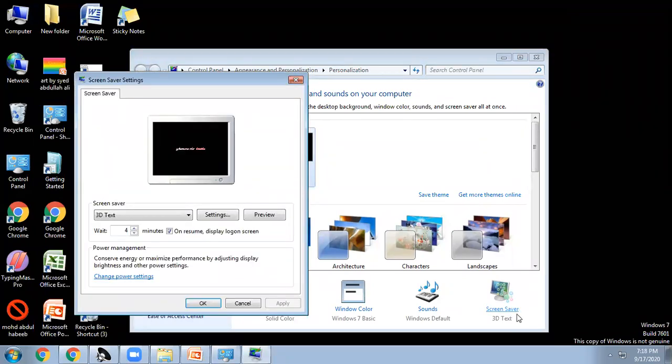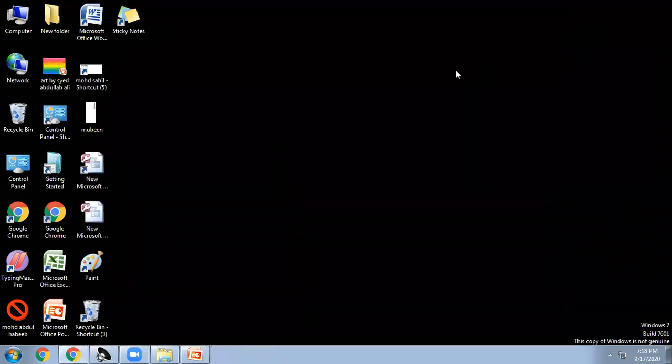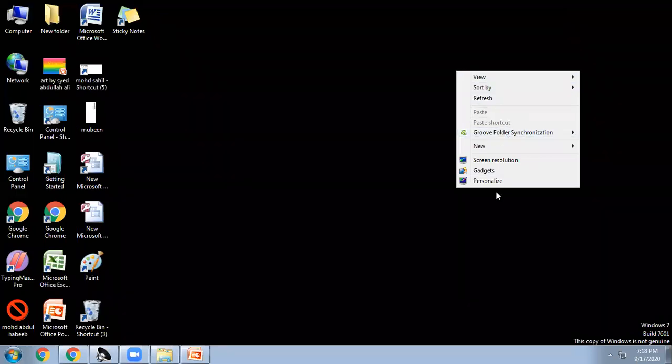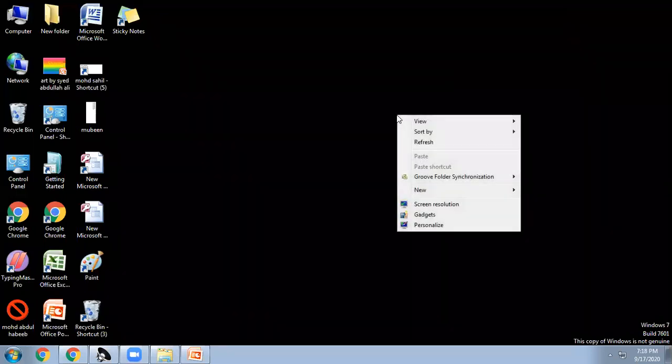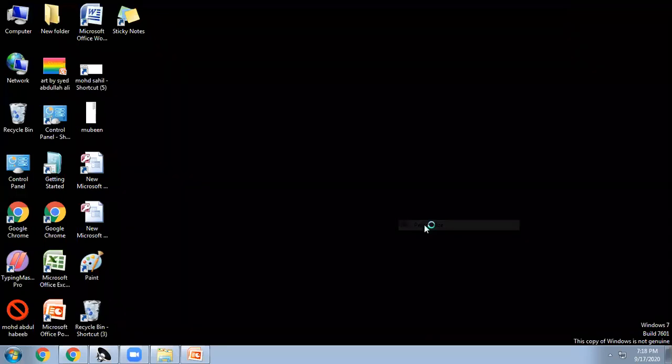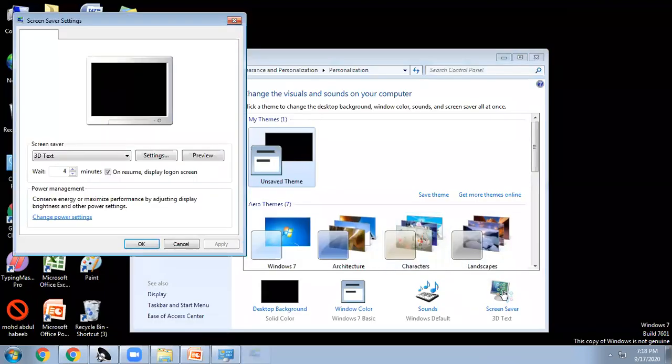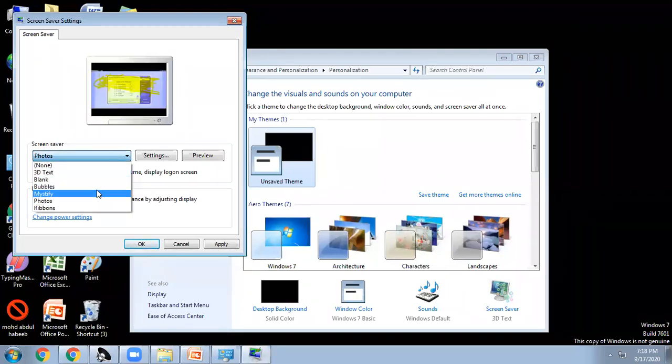Again, I'm showing you where to go. You have to go to the screens, personalize, right-click first, go to personalize, screensaver. It is 3D, right? I can take a photo as well, whatever photo. So I will take bubble.